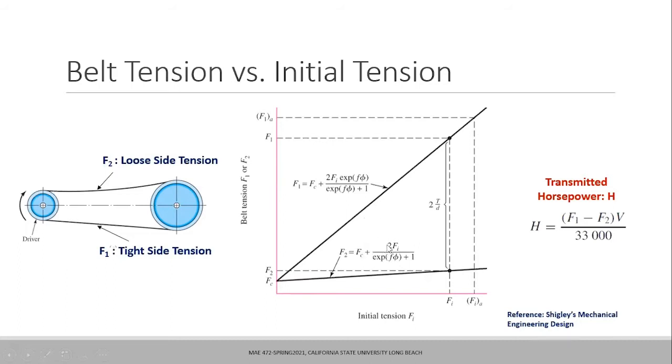What this gap is reflecting, the amount of gap, represents how much torque can be transmitted. So the more the gap is, the more is the torque. It basically says the more you tighten the belt, the more will be the capacity for the system to transmit the torque. Of course, there is a specific limit.